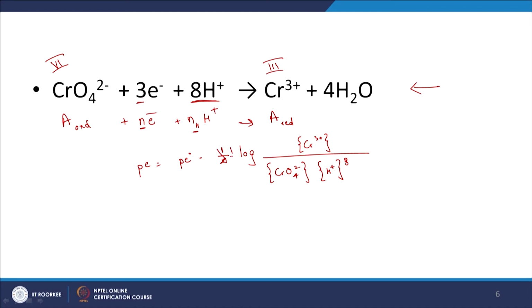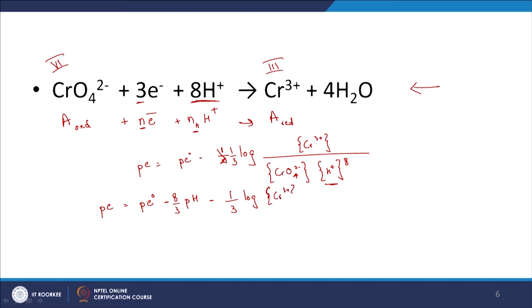So, I am going to say 1 by 3. Again, let us see how this is going to transform into pe equals pe naught minus, and I am now going to bring this term out. So what is that going to be equal to now? That is going to be equal to minus nH by n times pH, minus log H plus, which is pH, and because it is in the denominator, minus pH, and it is going to be 8 by 3, minus 1 by 3 log